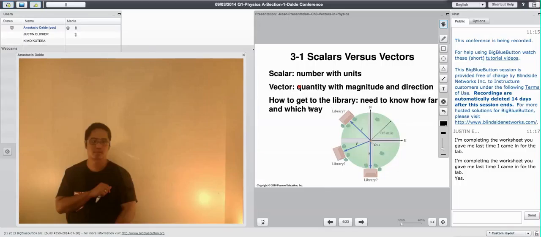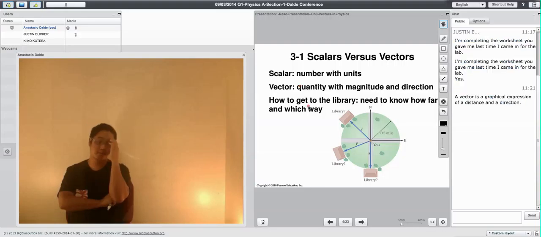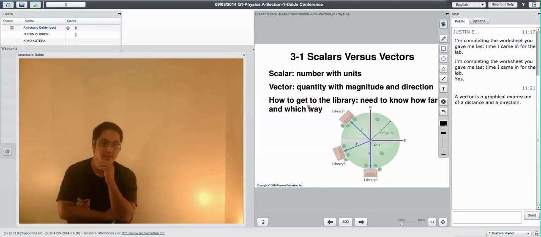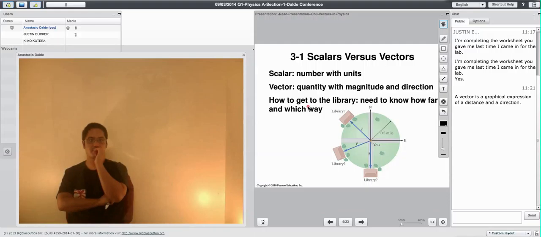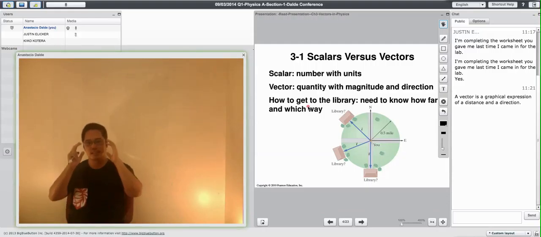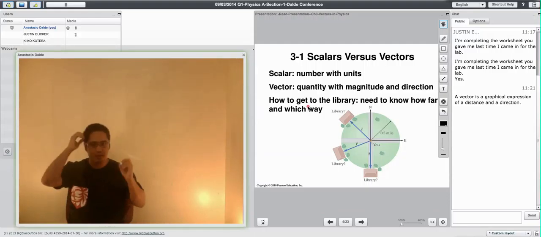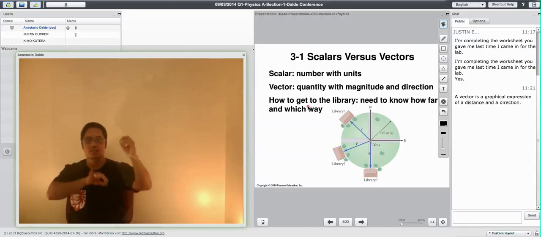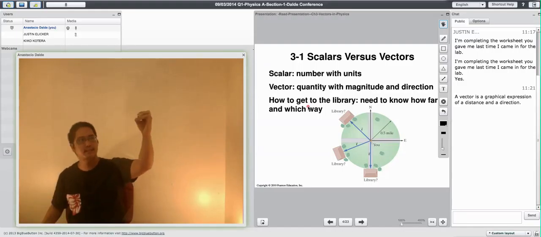Did my computer freeze? Alright, there we go. Is the graphical expression of the distance and direction, exactly. It is a magnitude of both distance and direction. Basically,